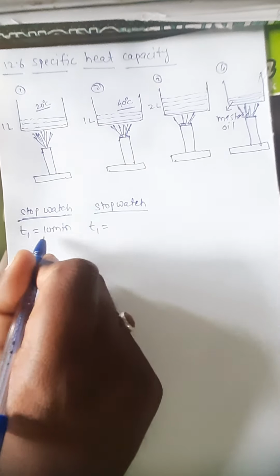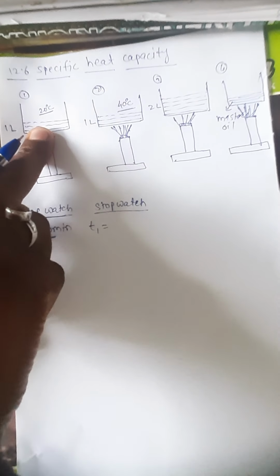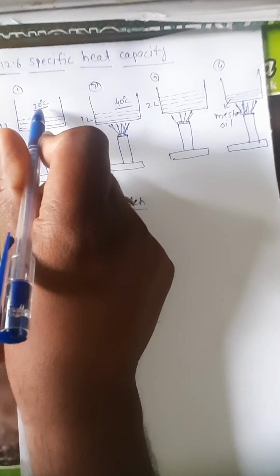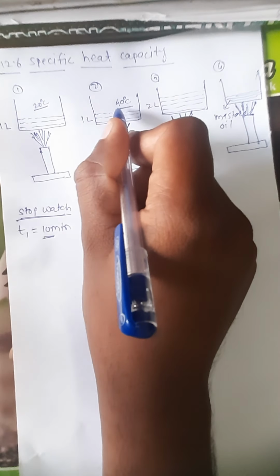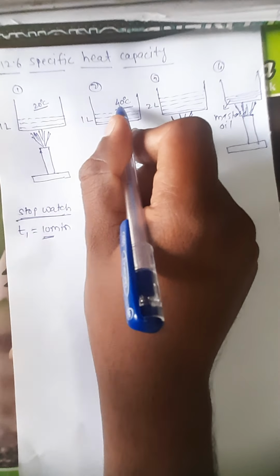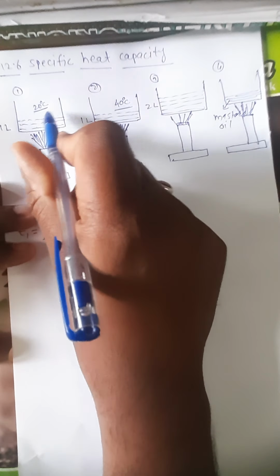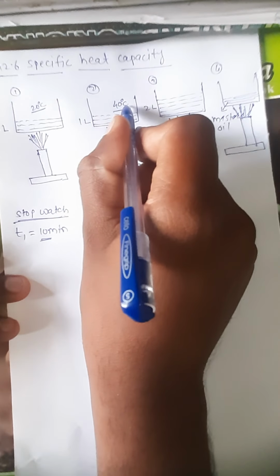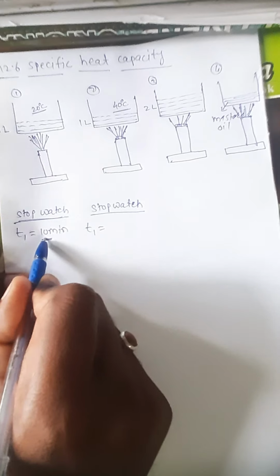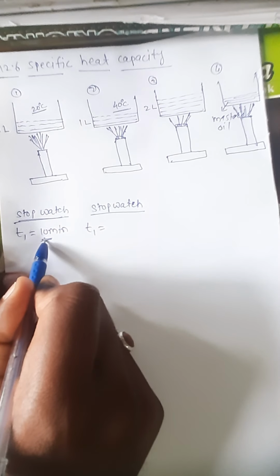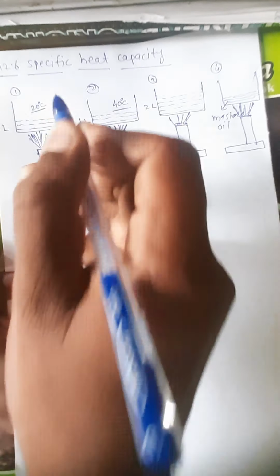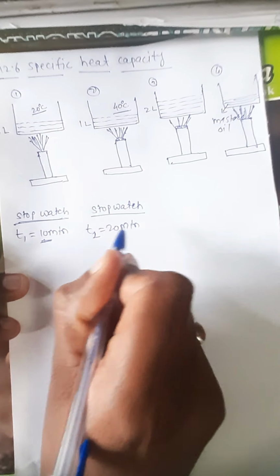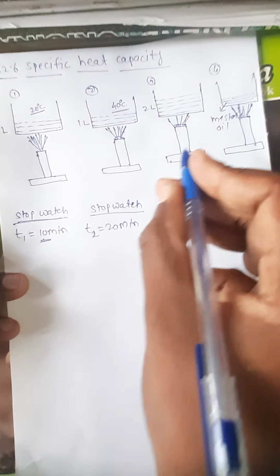The time required is double that of the first vessel, because in the first vessel the temperature increased by 20 degrees Celsius, and in the second vessel by 40 degrees Celsius, so the temperature increase is double. Therefore the time required to increase the temperature by 40 degrees Celsius is double the time required for 20 degrees Celsius. Means in the second case the time required is 20 minutes. And in the third case